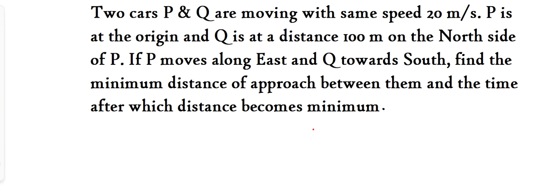There are two cars P and Q moving with the same speed 20, but P is at the origin and moving towards east. And Q is on the north side of P, 100-meter distance, but Q is moving towards the south. What is the possible minimum distance between them? And after what time is this possible? So let us consider